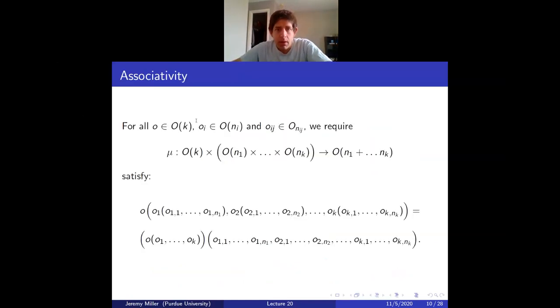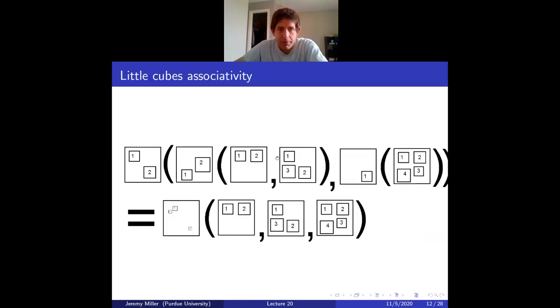Okay, great. So there's associativity, which is, again, some big formula. If you thought about what associativity should be, and spent half an hour thinking about it, this would be the only thing you could write down, but it's maybe intimidating to just read, so let's try to illustrate it in an example. What it says is if you plug these two cubes into this cube, and this cube into that cube, that's the same thing